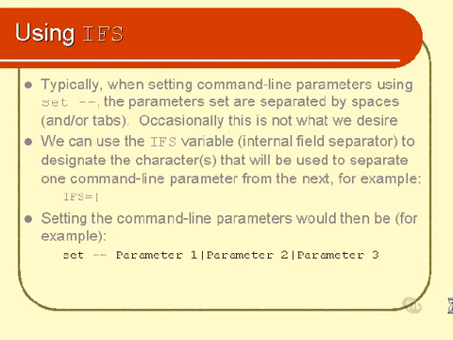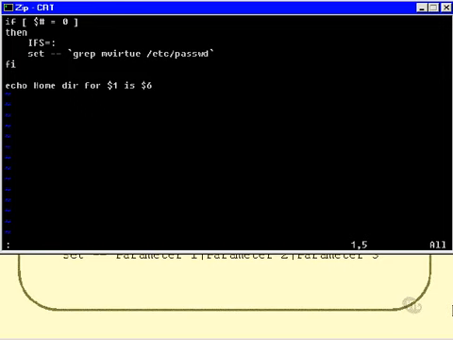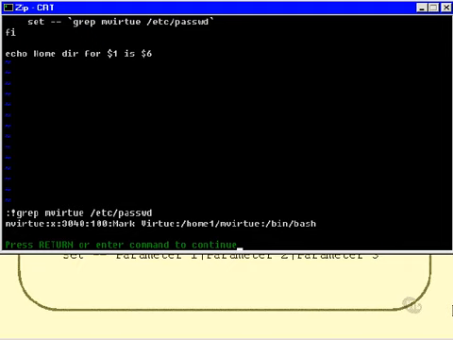Let's have a look at a more practical example using IFS. This is a similar example to one that we saw a little earlier, where we say if there are no parameters on the command line, then we set them ourselves, and then we just simply echo out some of those parameters. Now what I'm actually going to do is get the command line parameters from the /etc/passwd file. So the first thing I'd like to do is actually run this command line and see what it looks like: grep mvirtue /etc/passwd. So let's do that, grep mvirtue /etc/passwd, and